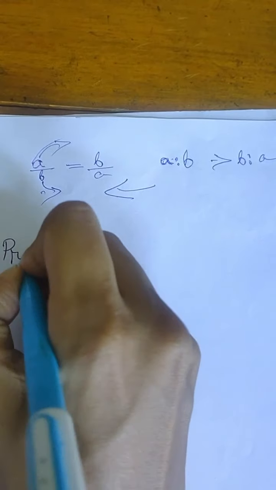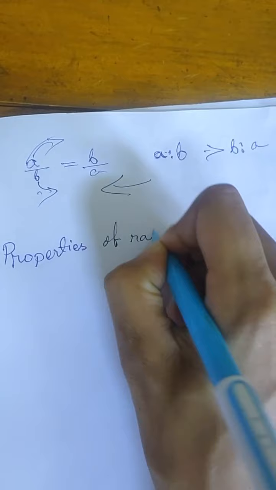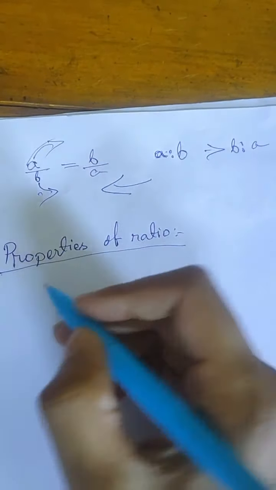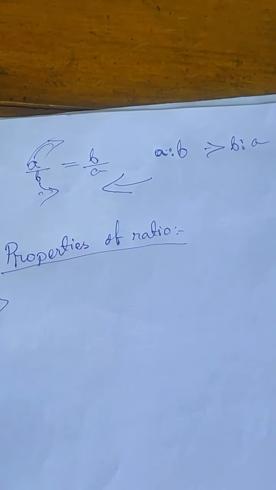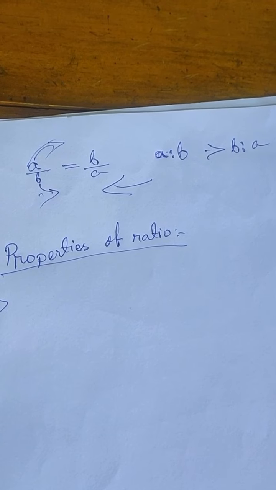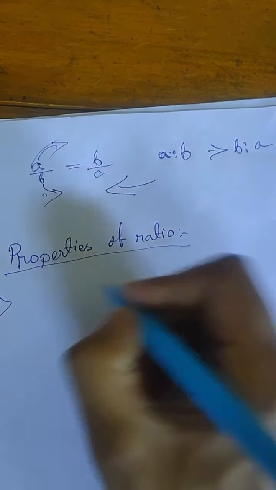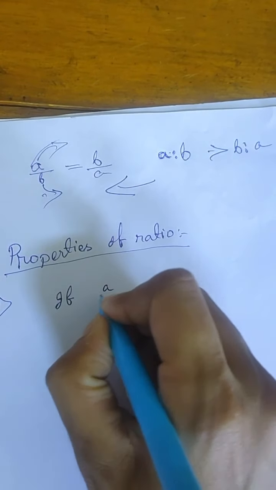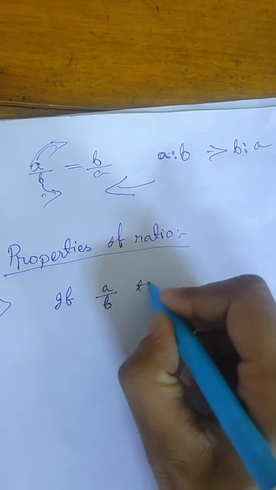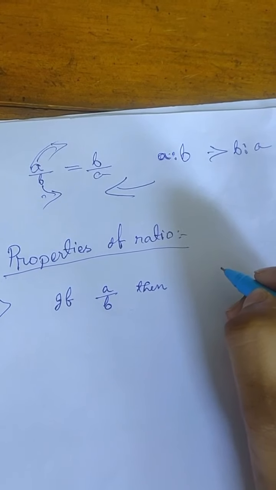Then, properties of ratio. The first property says that the ratio remains unaltered when its antecedent and subsequent are multiplied or divided by the same non-zero number. Means if A by B is a ratio, then if we multiply both by a non-zero number,